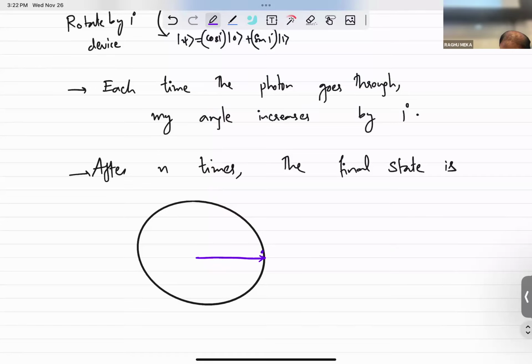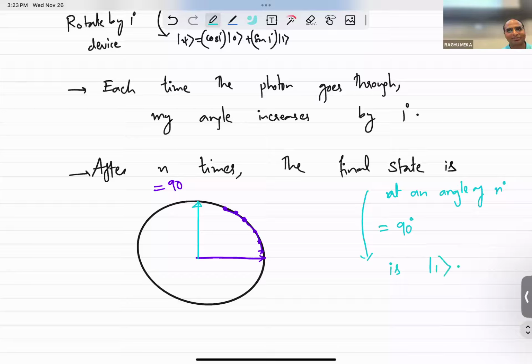Then the first time I remove by 1 degree, and then by 1 degree, then by 1 degree, and so on. Okay. So I'm going to set n to be exactly 90. Right? So if I do it by exactly 90, then my final state is exactly here. After n times, the final state is at an angle of n degrees. I'm going to choose n to be 90, which is 90 degrees. So the final state is